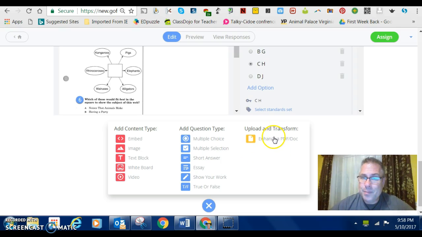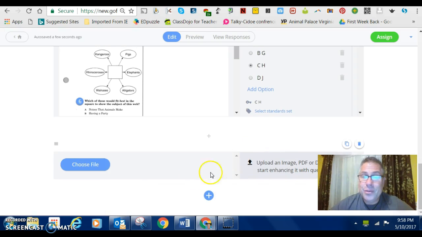Now this button here, Upload and Transform, is the best because that's what I did for this particular test. When you click this button, you can choose a file. If it's a PDF, it can be up to 5 pages, the last time I knew. It might be more now. You can choose a file and import it. It works with a Word file too. So if you have one that already exists